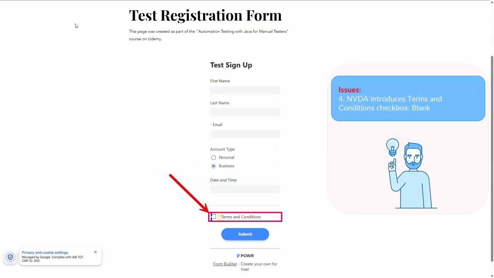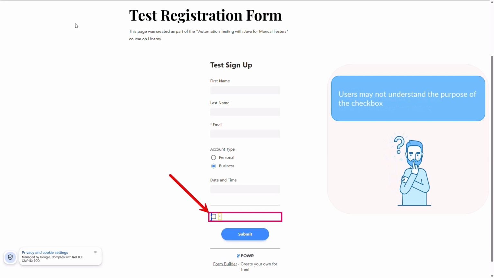Another issue that you may observe is when NVDA announces Terms and Conditions checkbox blank. This indicates that the checkbox is not properly labeled, preventing the screen reader from conveying essential information to the user. Users relying on NVDA should be informed that they need to check the Terms and Conditions box before proceeding. The lack of a proper label means that users may not understand the purpose of the checkbox, leading to potential